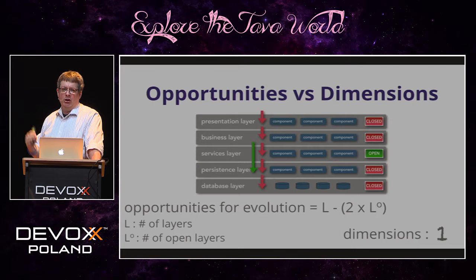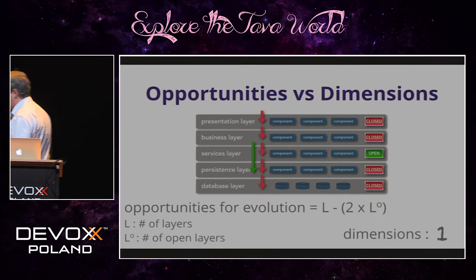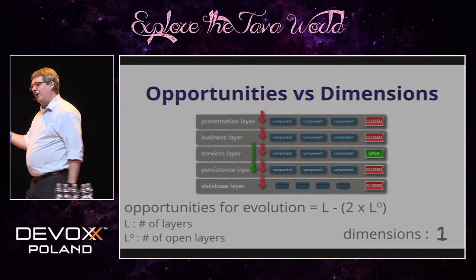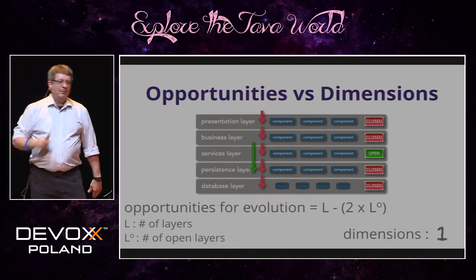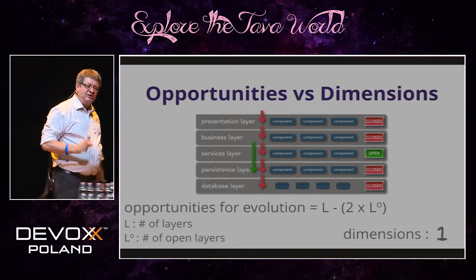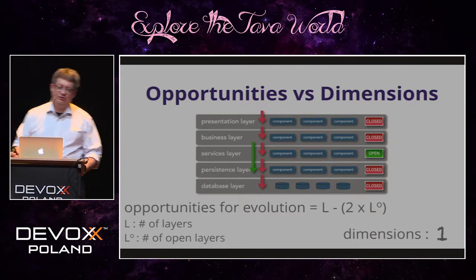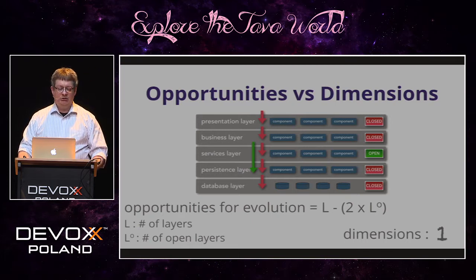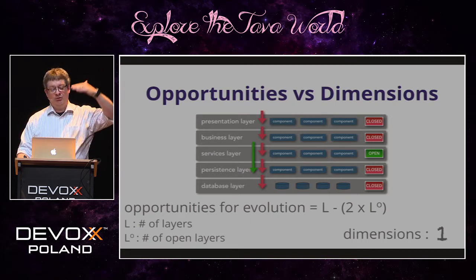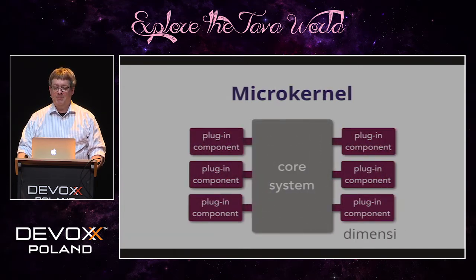Because notice that to a large degree, particularly in layered architecture, the ability to evolve has to do with your ability to swap out layers, which has to do with how coupled they are to other layers. And by creating an open layer here, I've increased the coupling for the persistence layer. Because now, if I wanted to swap out the persistence layer, I have to worry about both services and business, so I have less isolation of concerns here, still along a single dimension, but now I have fewer opportunities to evolve this architecture. So let's look at a completely different architectural pattern, microkernel.